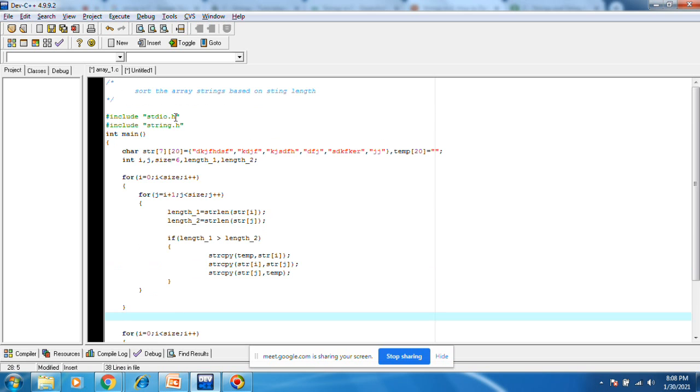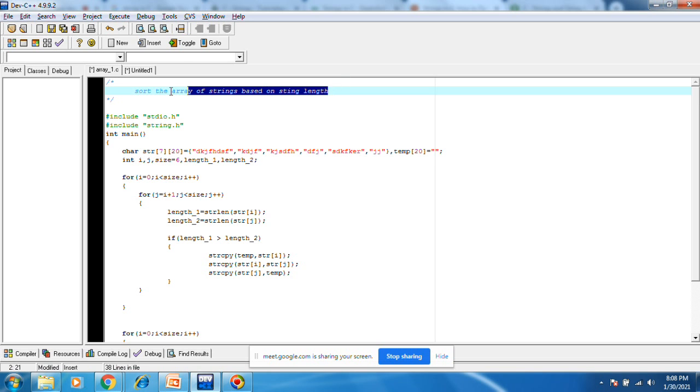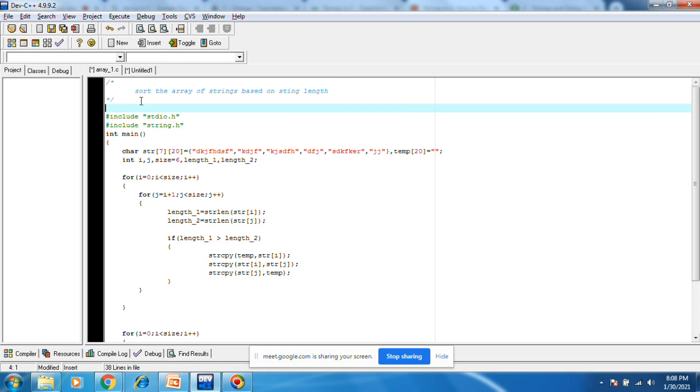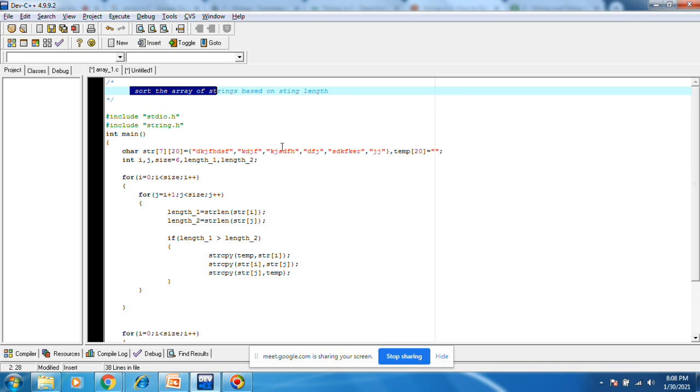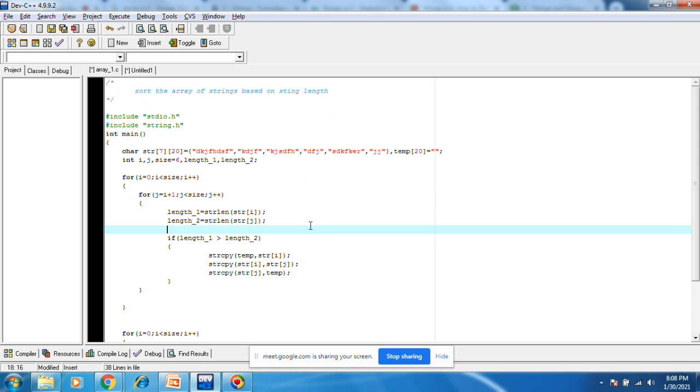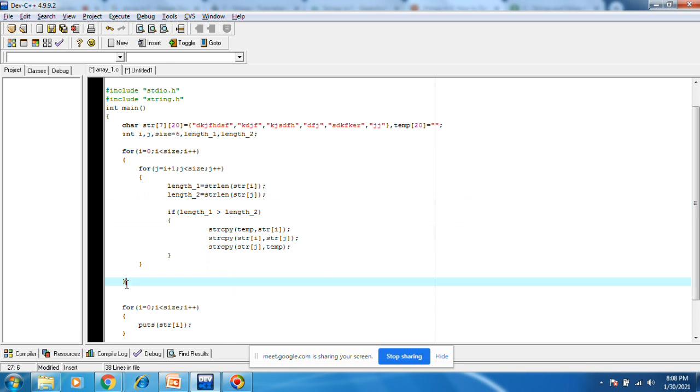Now this is sorting the array of strings based on string length. When you appear for interviews, interviewers may ask you to write code that sorts an array of strings based on string length. They will definitely ask this kind of question if you have a coding round.